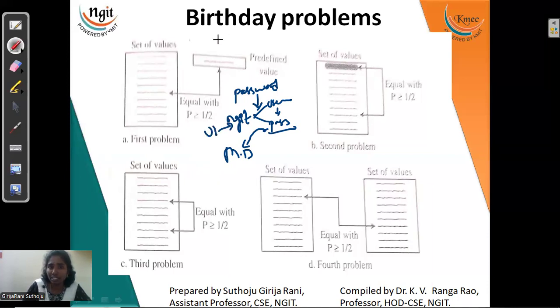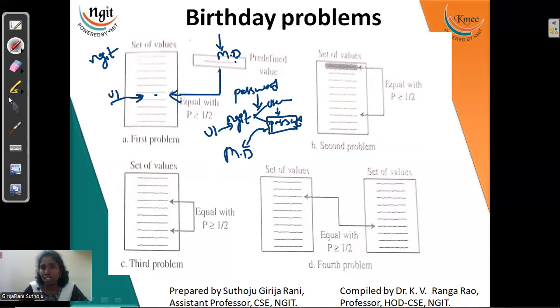Now, the attacker enters, sets one common predefined message digest, and searches for that message digest in the NGIT records. Once they find a message digest equal to this, we can immediately say that the passcode credentials are with them, and they can enter the NGIT website as user one. Got it? So the next one is